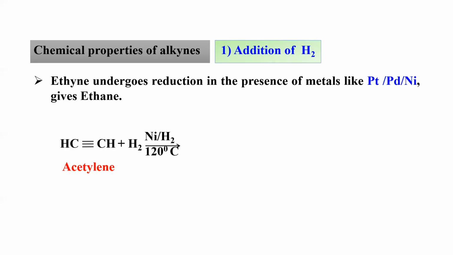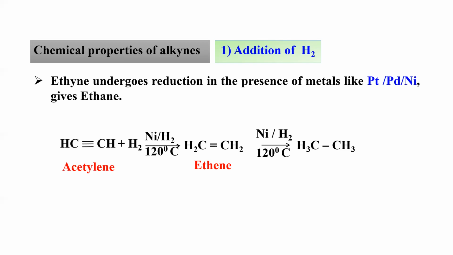So acetylene reacts with hydrogen in the presence of nickel to first give us ethene, and it will again react with one more set of conditions, including the catalyst and temperature, to give us alkane. So an alkyne will first give us an alkene, and an alkene then gets converted to alkane. So the reaction conditions are exactly the same as our alkenes, but the only difference is here we have two steps. Why do we have two steps?